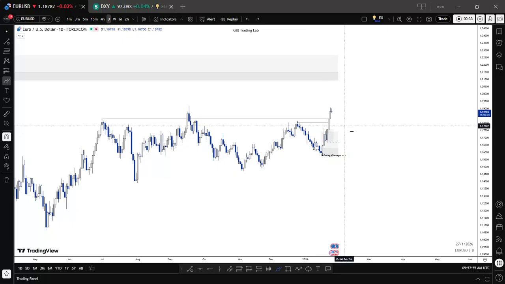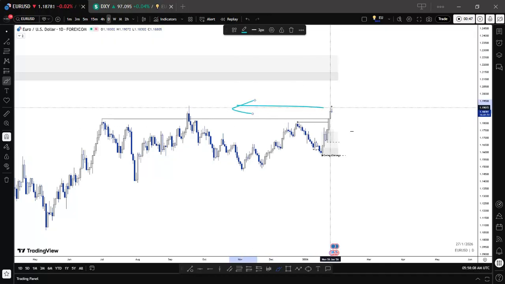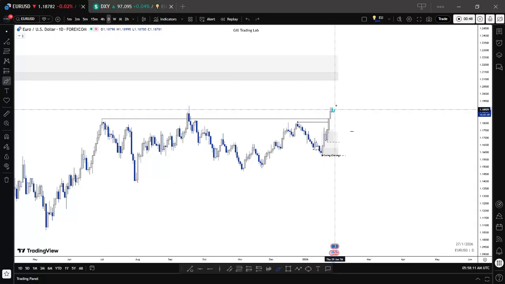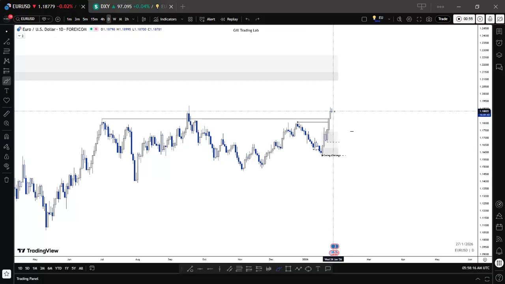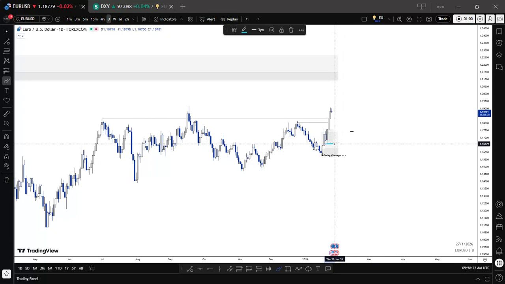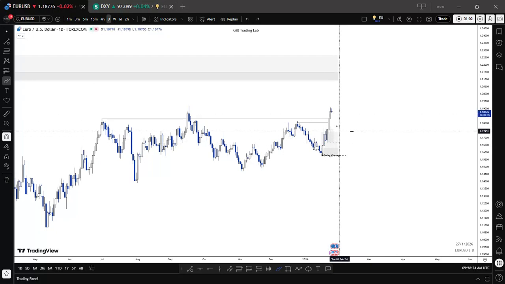So to confirm the swing pullback, we can either wait for price to mitigate unmitigated supply zones on the left side, or wait for structural confirmation where we wait for a bearish touch or a bearish eyeballs. But in this case, I'm okay to just wait for a bearish touch. But the fractal low is way below here, so I can't use it. It's way too far to signal the start of the swing pullback. I'll let the lower time frames get me on the